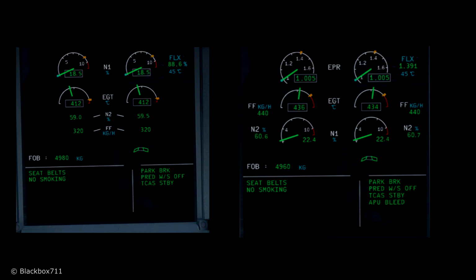And the biggest advantage is simply that, for example, if you need 25,000 pounds of thrust, and that equals an engine pressure ratio of 1.35, then it doesn't matter how old the engine is, what the state of the engine is. If you have an indication of an EPR of 1.35, then you know that the engine is actually delivering 25,000